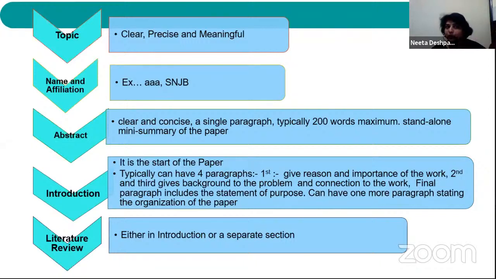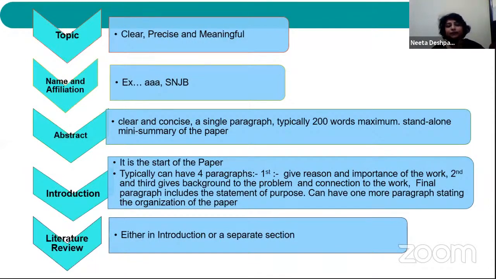What did I just tell you? You will read 10 papers. What are you going to read in all those 10 papers? You're going to read the abstract. You're going to read the conclusion. So what is an abstract? It is nothing but the mini summary of the paper, and you have to write your abstract very, very properly in these 200 words or 300 words or whatever is the word limit given to you in that particular journal or conference.